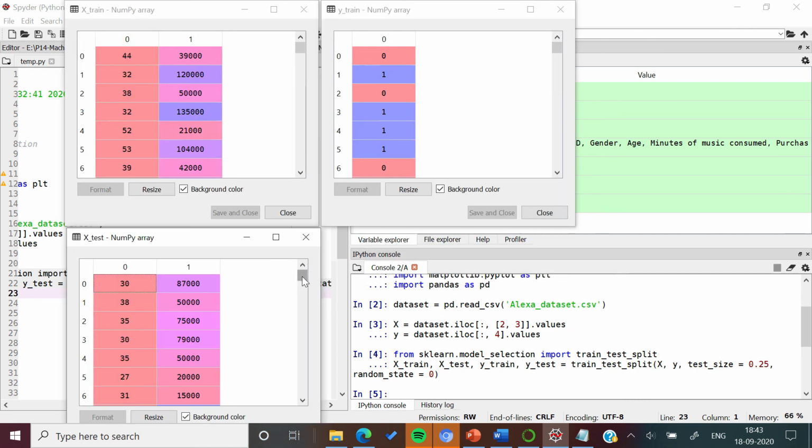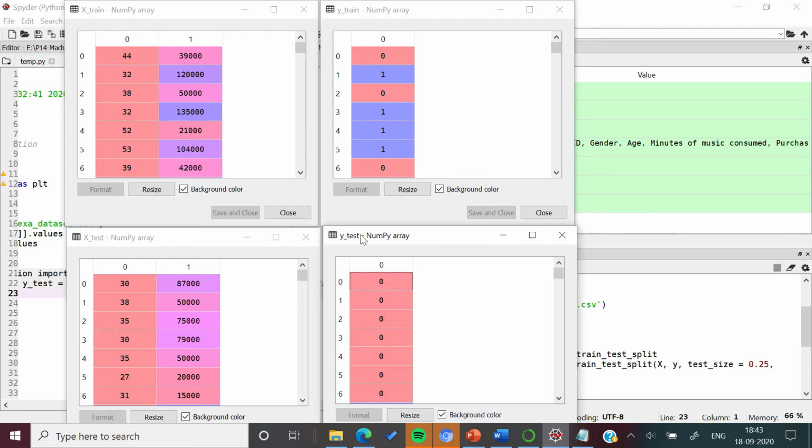Then it will be tested on xtest, which contains 100 values of our independent variables, age and minutes of music consumed. We will get the predicted values of our class for these 100 values of xtest, which will be stored in ypredict. Then in the final step, ypredict will be compared with ytest, that is the actual values of test data, to evaluate the performance of our model.